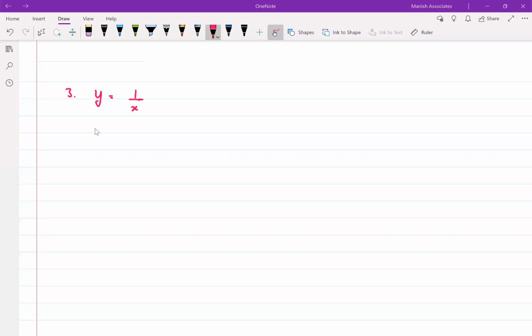The first and foremost thing, I'll find dy by dx, that's the process. All right, now the derivative of 1 by x is what? Come on, minus 1 by x square. So I can write therefore y1, or dy by dx, one and the same thing, is minus 1 upon x square.